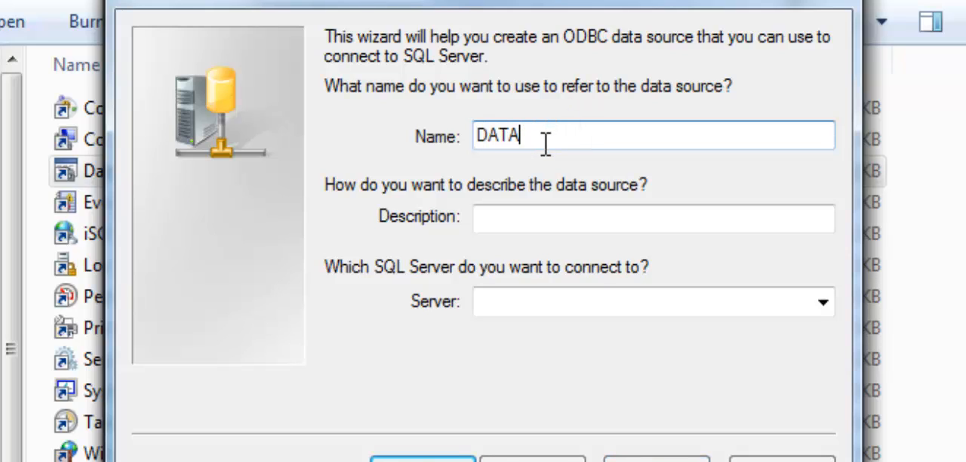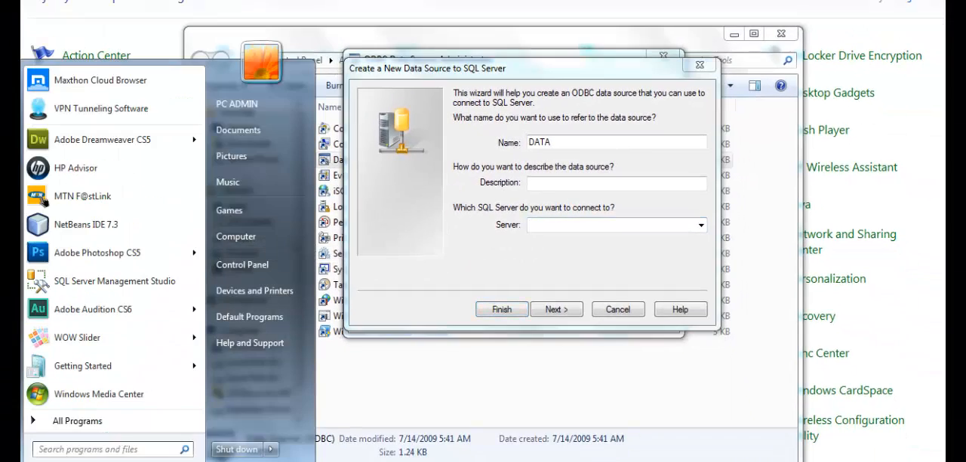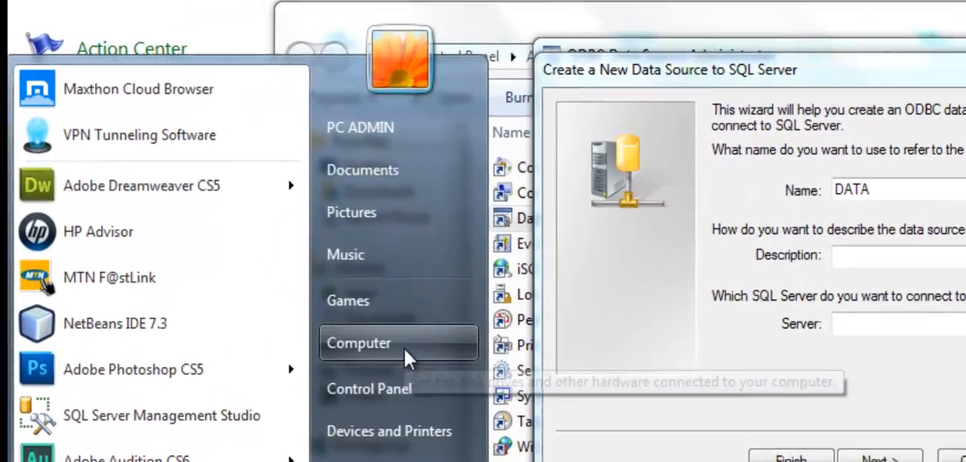All right, this is not important, but the most important here is the name and the server. Now you might be wondering what the server is. The server is the name of your system. So you can get the name of your system by going to your start, click on your start button, right